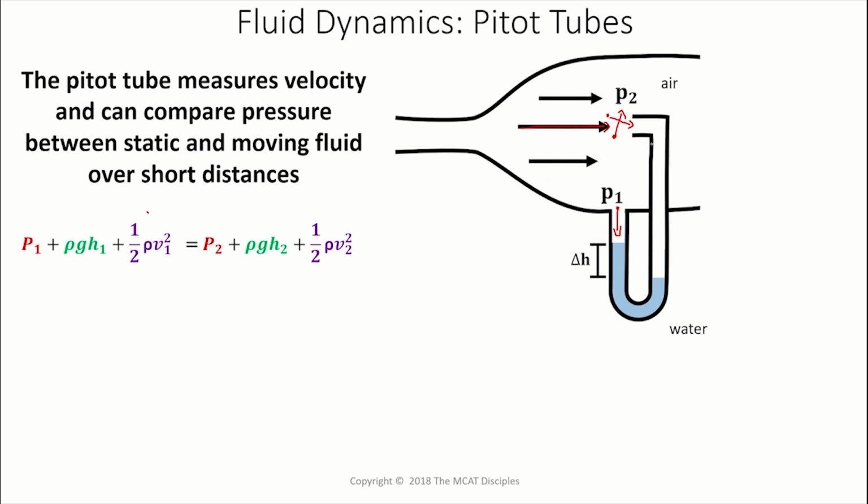Now, if you know that that is the case, then the difference between these two pressures is going to be what? Well, it's going to be the gauge pressure. And that difference in pressure is just going to be due to the difference in pressure between point 1 and point 2. And so with that information, if you know the gauge pressure, you can now calculate what V2 is, and that's why the pitot tube is useful. And I'll further illuminate that to you by breaking out this equation.